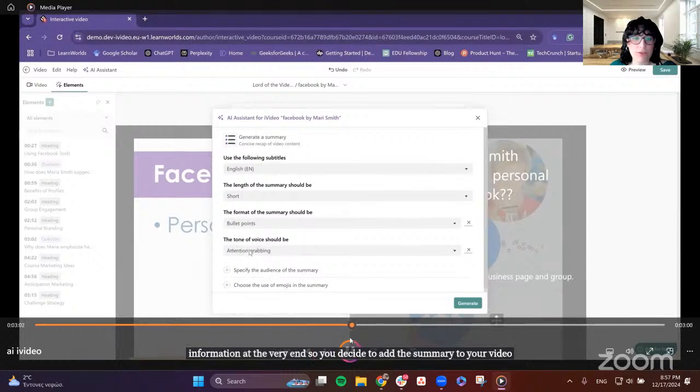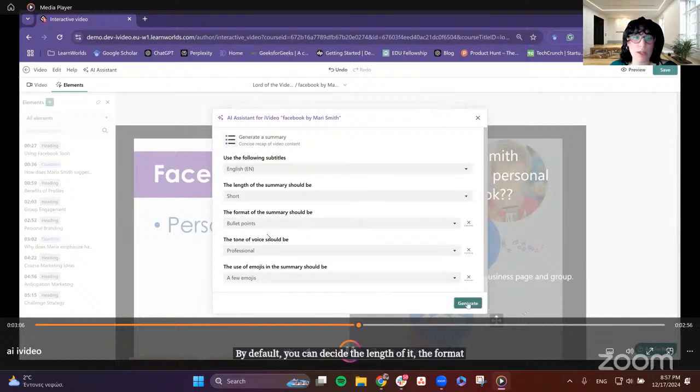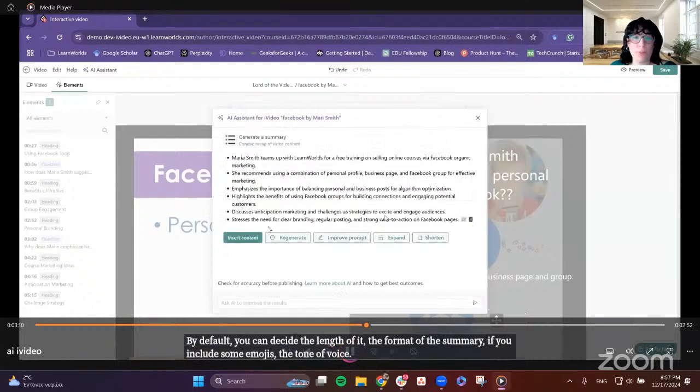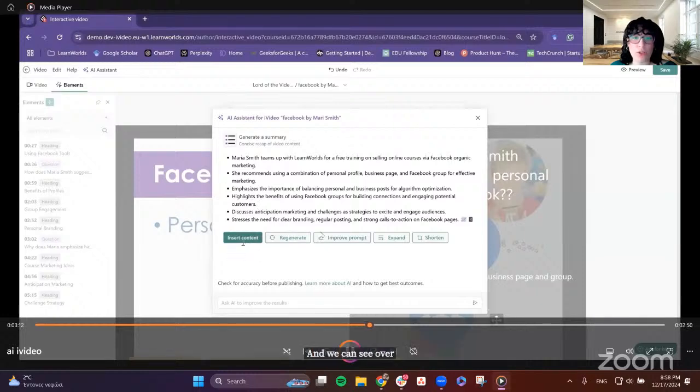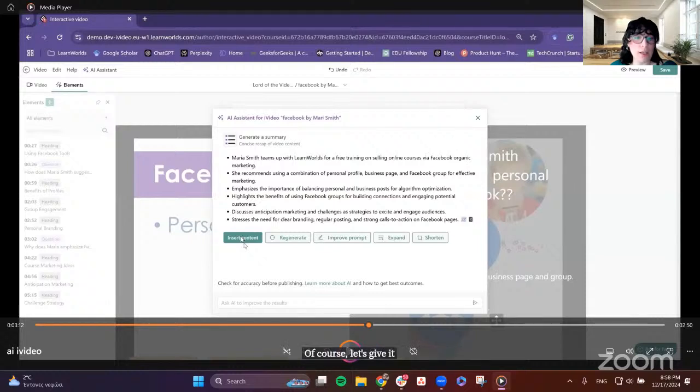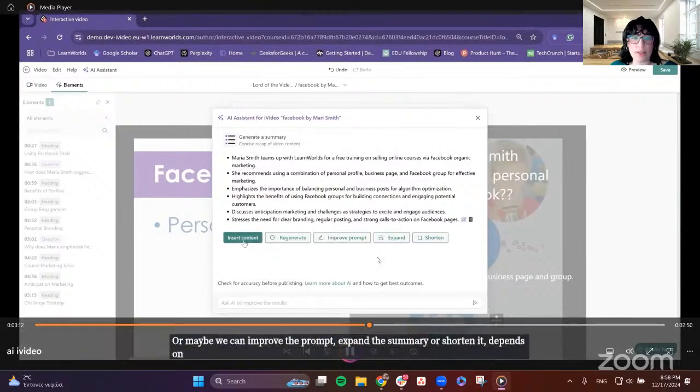By default, you can decide the length, the format of the summary, whether to include some emojis, and the tone of voice. We can see the results over here. If we're satisfied, we can insert the content, or maybe we can improve the prompt, expand the summary, or shorten it, depending on our objectives.